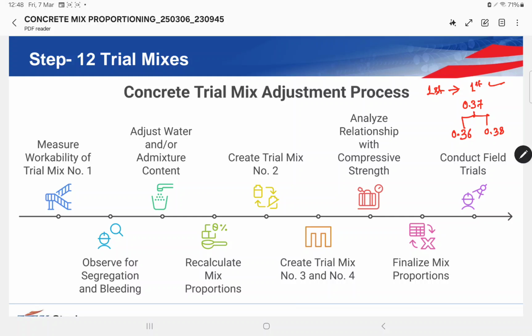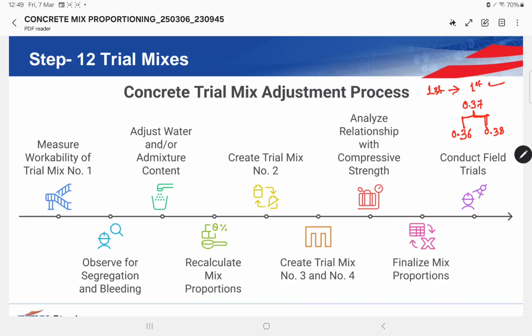But if your first trial is not giving you the best results that you are expecting, then you need to change the admixture dose, or change the coarse aggregate to fine aggregate proportion, and accordingly do a second trial. It is expected that during the second trial you will get all of your results quite well, and then you need to change the water cement ratio and do the calculations again accordingly, and find out all the quantities,